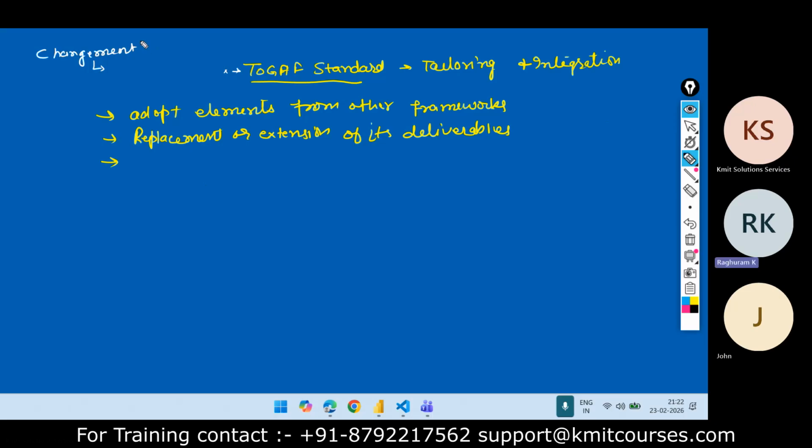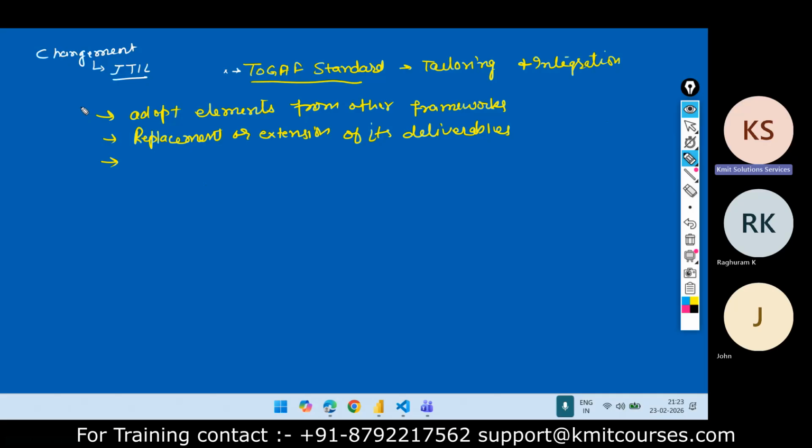ITIL. ITIL process. Yes, ITIL process, right? So in ITIL, we have incident, change management, problem management, etc. Now consider you want to apply the ITIL process to your TOGAF methods, to TOGAF standards for the change management process.